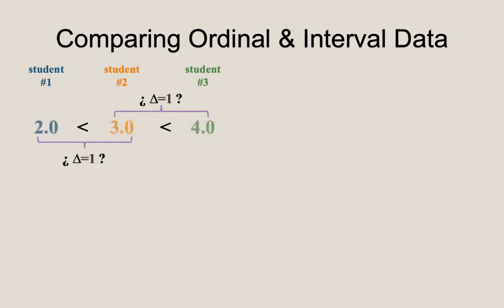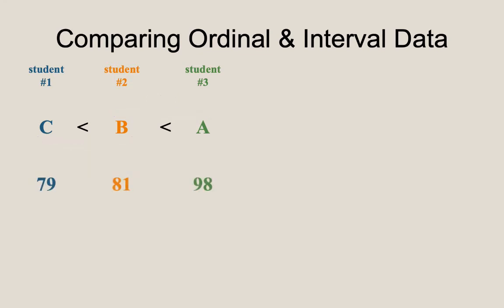Furthermore, if the data had been presented, quote-unquote, numerically as 2.0 for the C, 3.0 for the B, and 4.0 for the A, this seems to suggest that there is an equally spaced 1-point difference between each letter grade. However, this need not be the case. Let's look at a couple of possible scenarios between the A, B, and C students' overall performances. Let's say the C student had an overall score of 79 and the B student had an overall score of 81. While the students have different grades, i.e. are in different categories if you will, relatively speaking, their scores are rather close, differing only by 2 points.